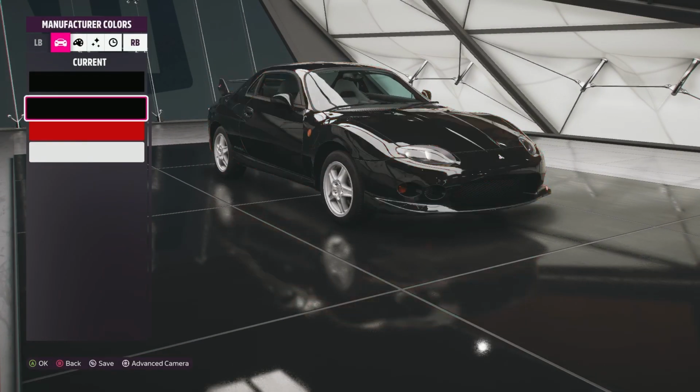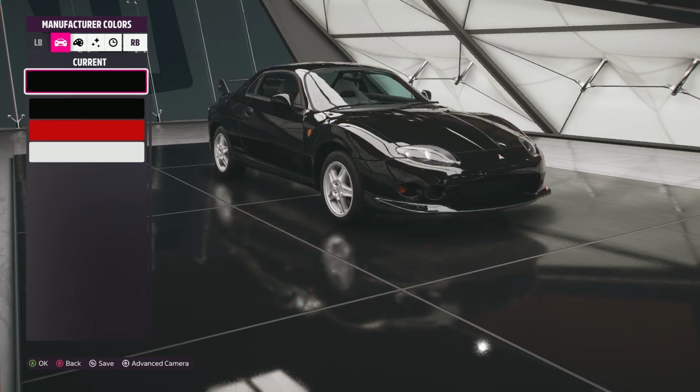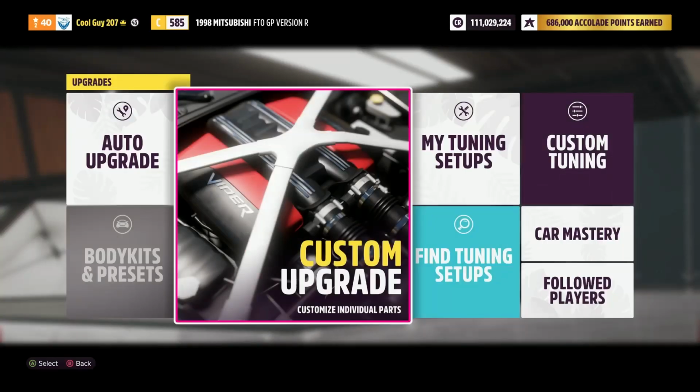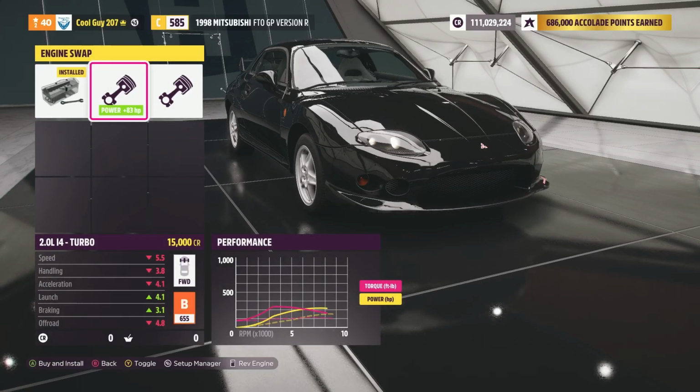Just ignore that. Looks like for colors, we've got the typical Mitsubishi black, red, and white. Just gonna leave this one black. Moving on to upgrades. Upgrades, people, upgrades. No body kits, which is a little disappointing. As far as engines go, we have